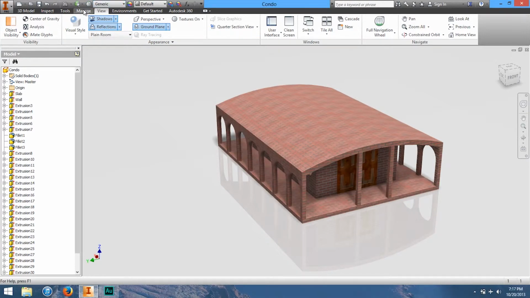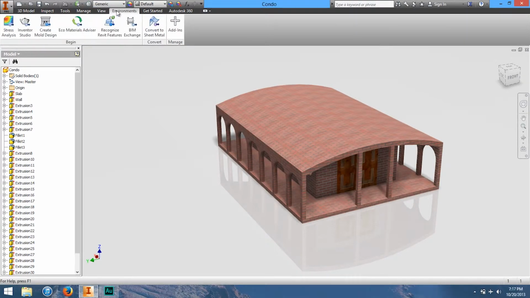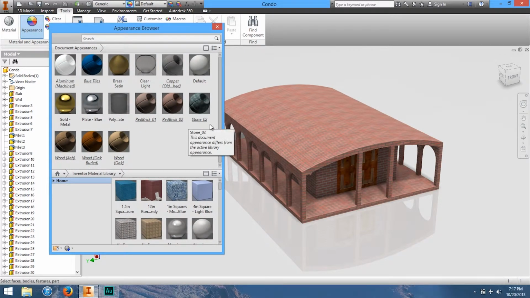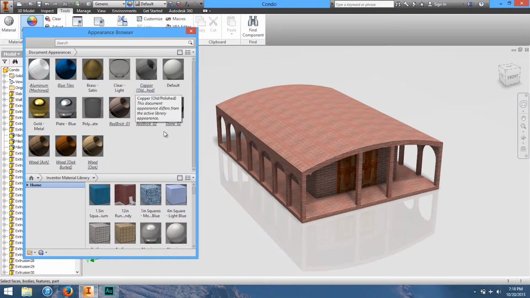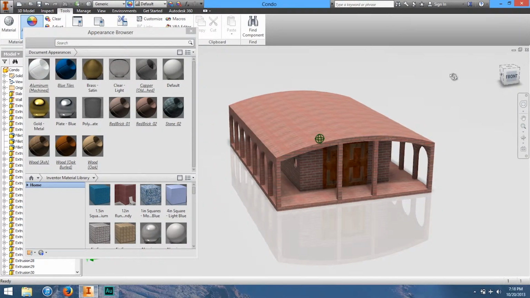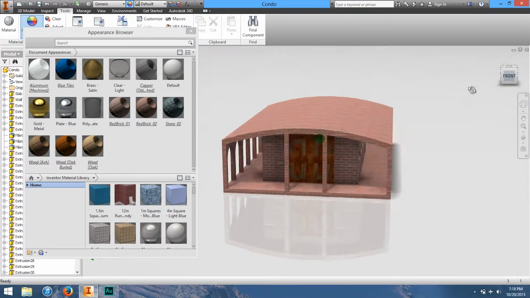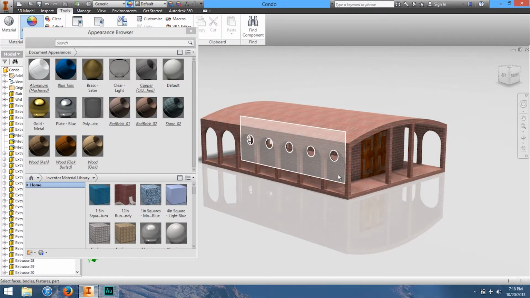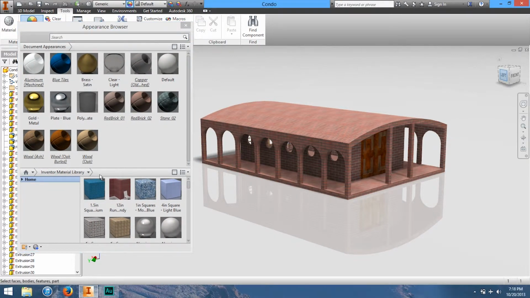Okay, so the next thing I'm gonna show you is, in this tools tab there's this appearance that you can change. With this appearance window you can change the textures of each plane or face of anything. And I've already changed the faces of all of this. Like this is brick, this is a different kind of brick, the wall, and this door is like oak. So if you want to change a part,